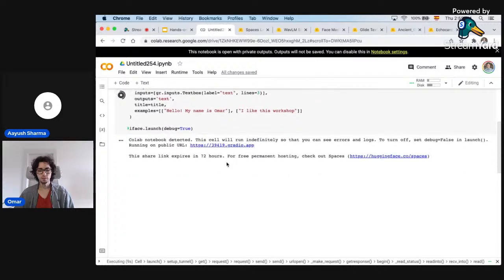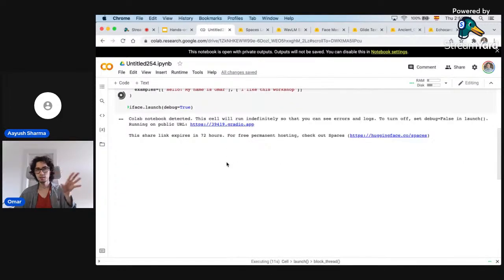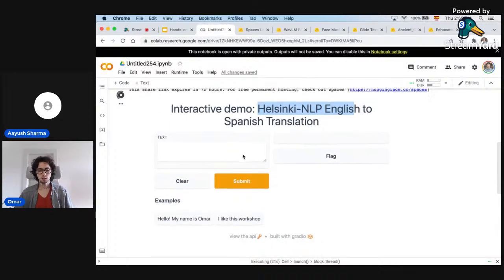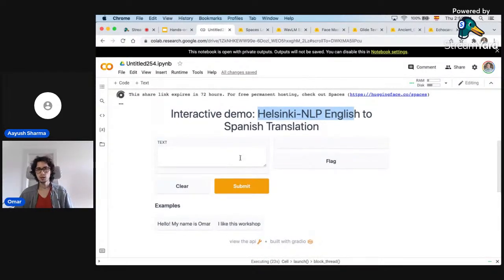So again, I'm directly in a Colab notebook, and it gives me this demo that says Interactive Demo, Helsinki NLP, English to Spanish translation. All right, so this is a model or a demo that will show me how to translate text from English to Spanish.